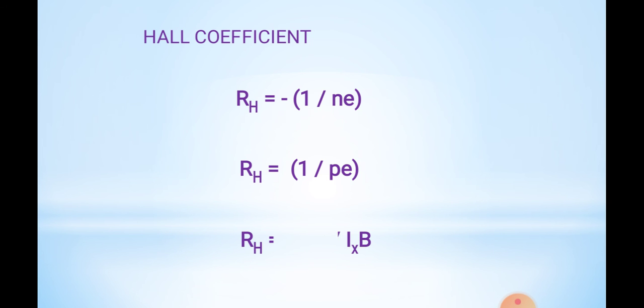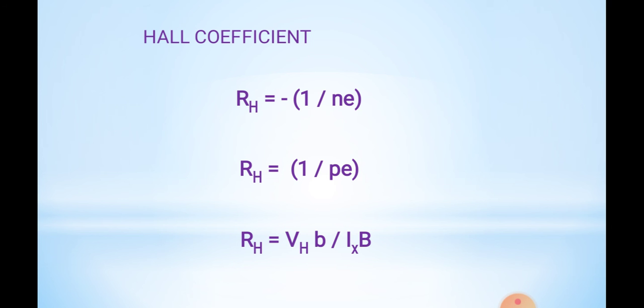We can also write the Hall coefficient in terms of the Hall voltage. When a magnetic field is applied to a current carrying conductor, some voltage is developed, and that is called the Hall voltage, denoted by the symbol VH. The formula is RH equal to VH